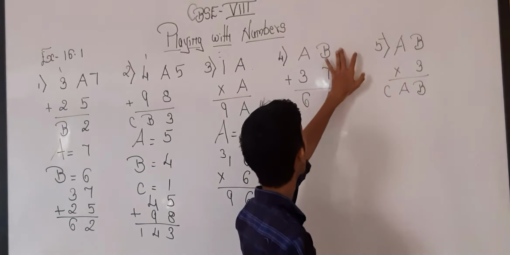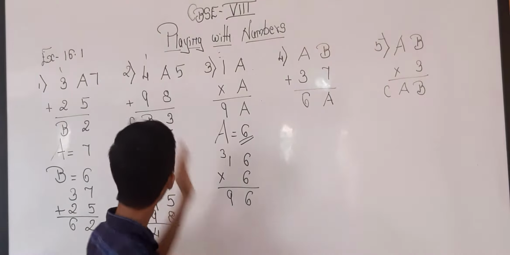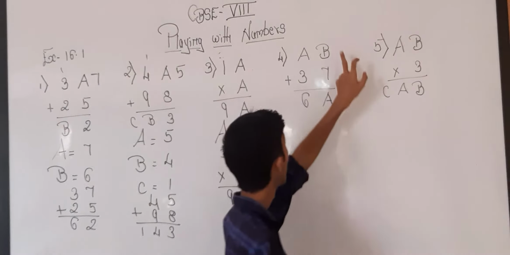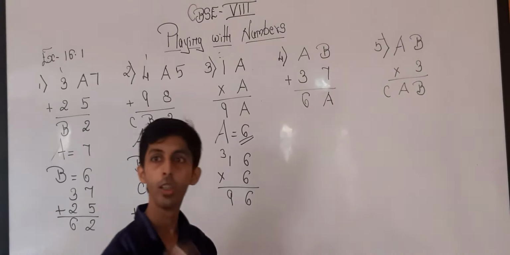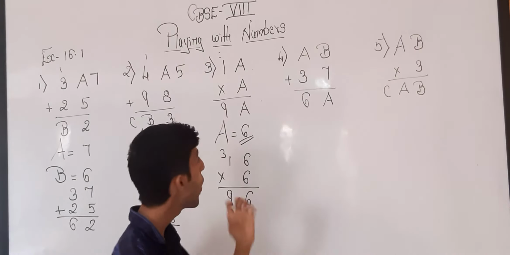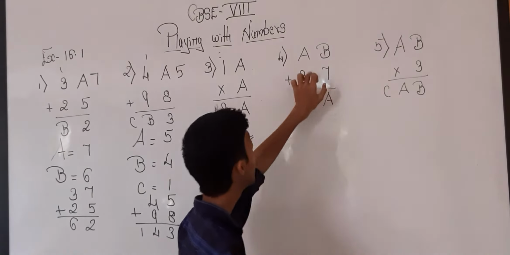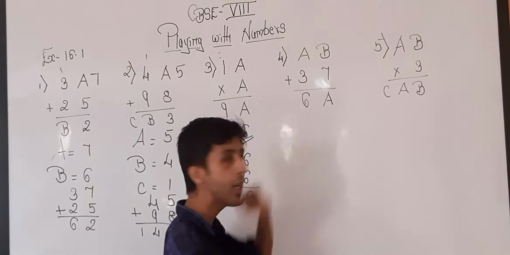Over here, b as well as a we have to find. Over here only the value of a, b was automatically found. But over here two values are missing, so at a time we can't find the value of two again together. So how to find? If two values are already given, then one we can find.